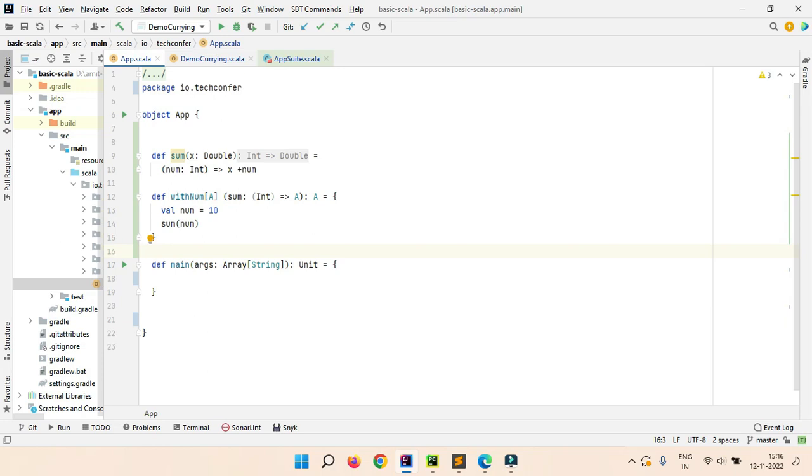So we have created one function, that is sum, and that function accepts double and int as input parameters and returns the sum of those parameters. Then we have created one method which accepts a function as an input parameter and returns the result. So in this method withNum, we are using a function as an input parameter,